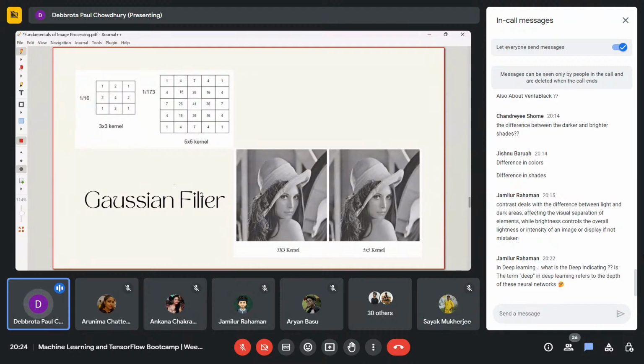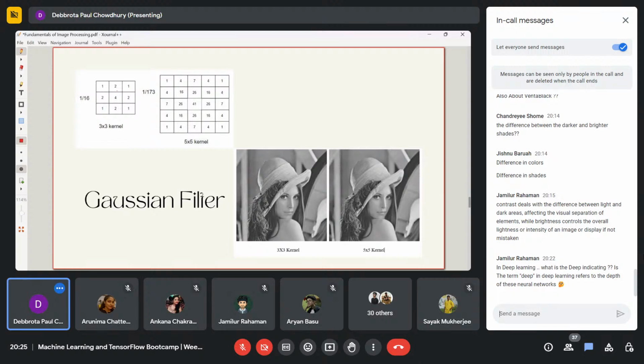So kernel size here is 3 by 3. Here the kernel size is 5 by 5, right? This one is a 5 by 5 kernel. Here the kernel size is 3 by 3. Now what we'll do,